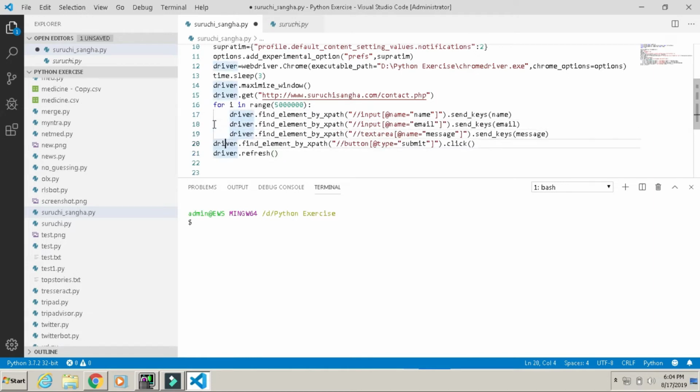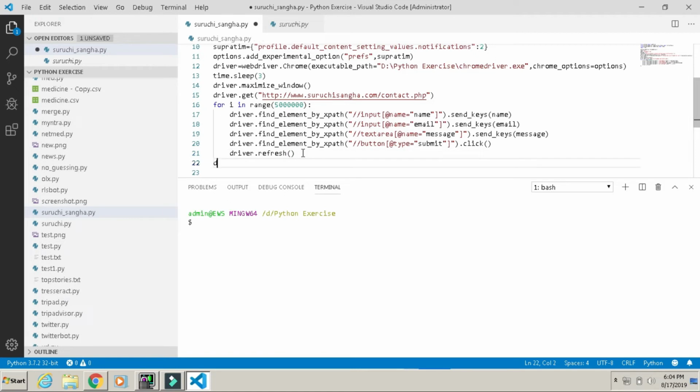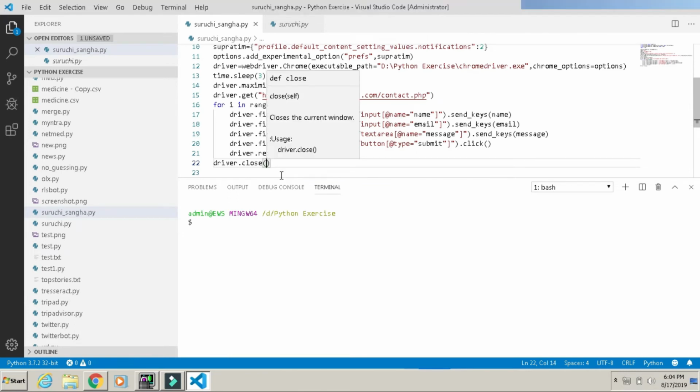Correct the indentation here. Then we want to close our session. So this is the simple code,